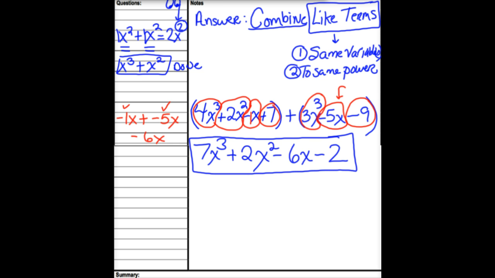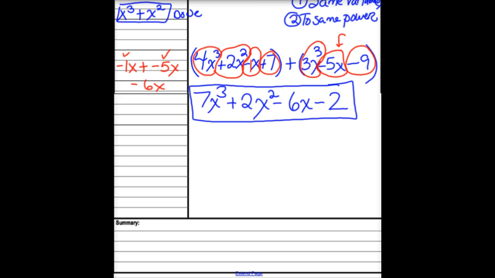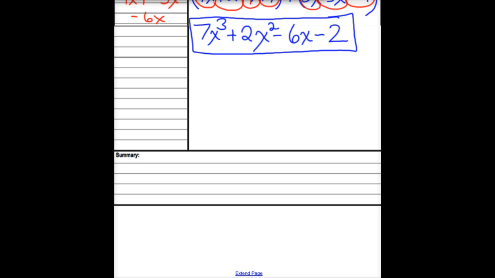So once these notes are taken, just so you get the process, when you're done, I want you to write a little summary at the bottom here. And because this is the first day, I'm going to write it for you, but as the semester progresses, you'll be writing your own. I want you to summarize what I just said. I only gave you 8 minutes of notes here, but what did I talk about in those 8 minutes? Really just one basic thing today. I just said that to add polynomials,